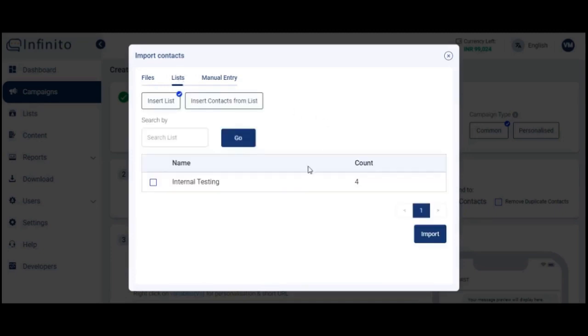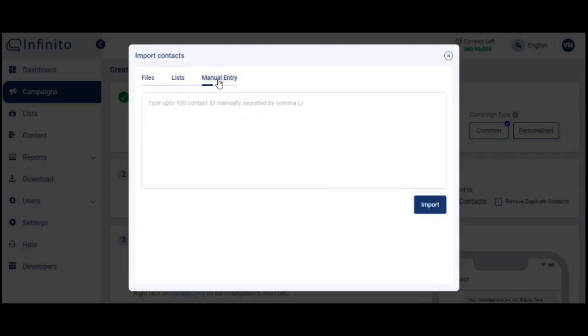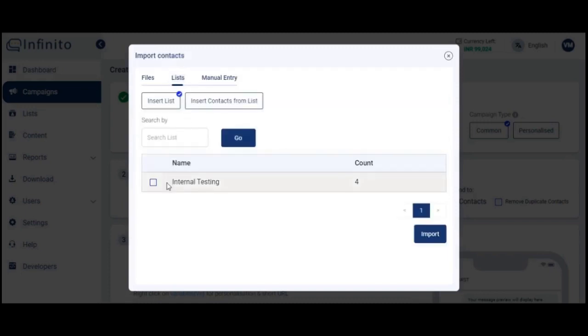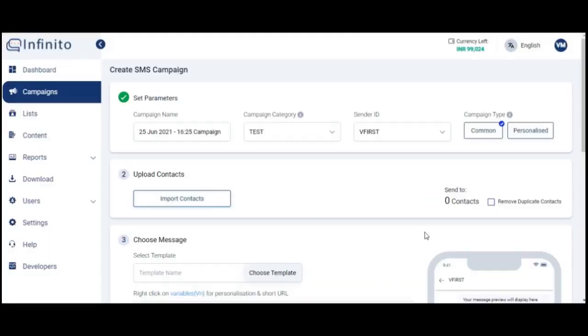You can also select an already made list or can enter the mobile number manually separated by comma. Check this box if you want to remove the duplicate contacts from your list.